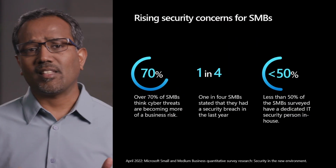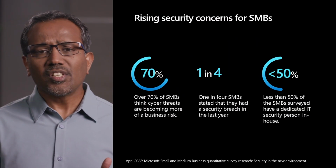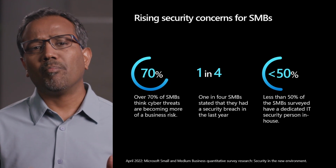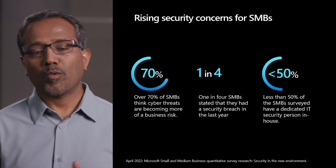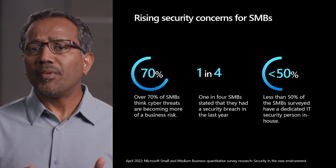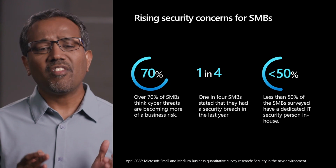In a recent Microsoft survey of over 150 SMBs in the US, more than 70% of SMBs said cyber threats are becoming more of a business risk. Almost 1 in 4 SMBs stated that they had a security breach in the last year, and they have reasons to be concerned. There has been more than 300% increase in ransomware attacks, of which more than half were directed